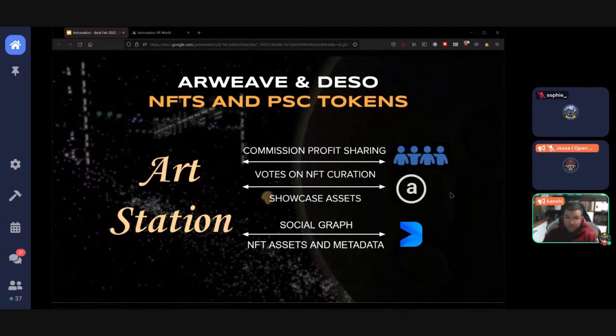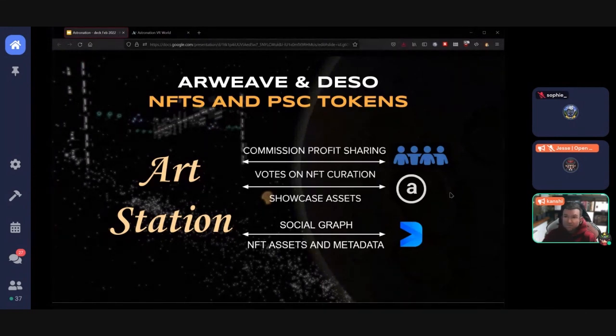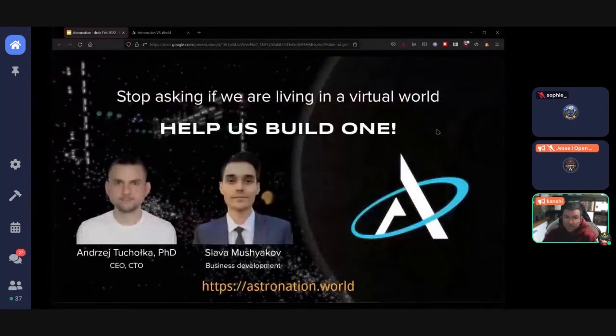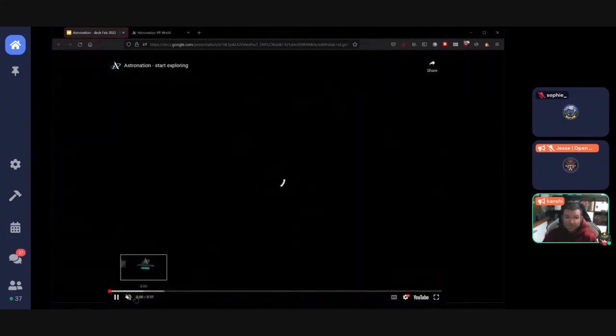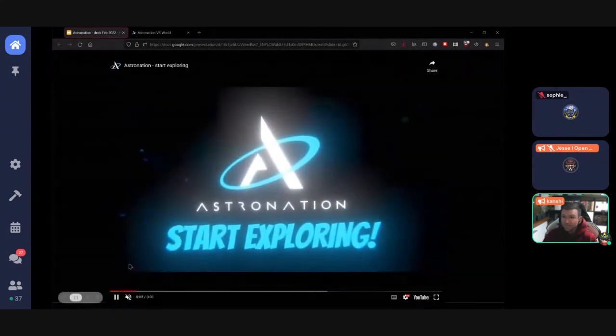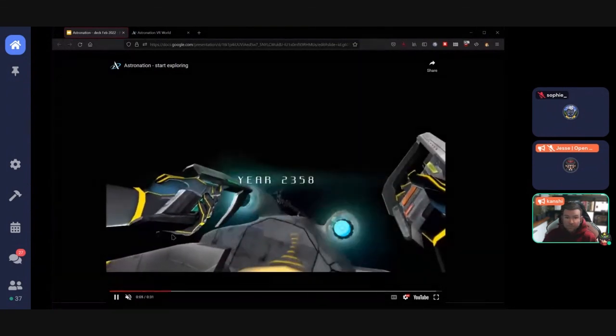I hope that's clear. If there are any questions, I know I have plenty of questions regarding this and how to deploy it, because I would like to also make this a model that other people can replicate. So the open source part of this project is to enable other communities to bootstrap much easier their own profit sharing communities and some sort of utility related to a Star Station in the metaverse of Astronation. Having that said, I hope we all stop asking ourselves if we're living in a virtual world and just start building one. And let me show you quickly a demo trailer that we prepared